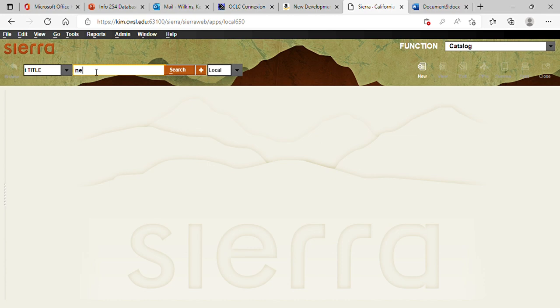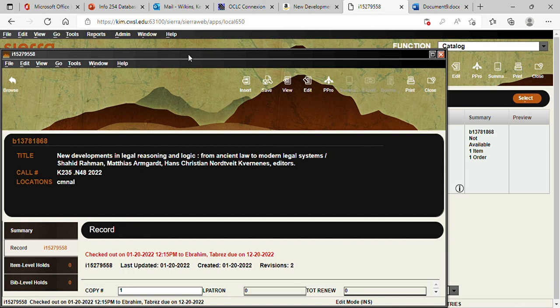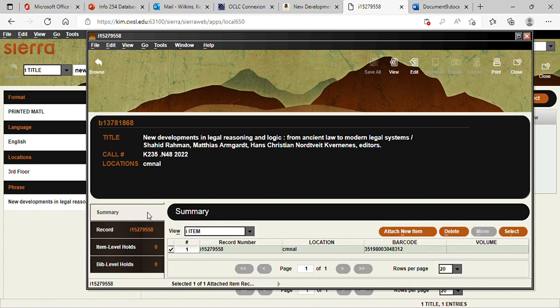So I'm just going to put the title in this box right here. Press the search button, and this will show you the record. It will give you all the information on it. You can click on summary, and it will tell you if there is an item there. There's the item record right there. It will also give you, if you want to click on the order, the information about the order,